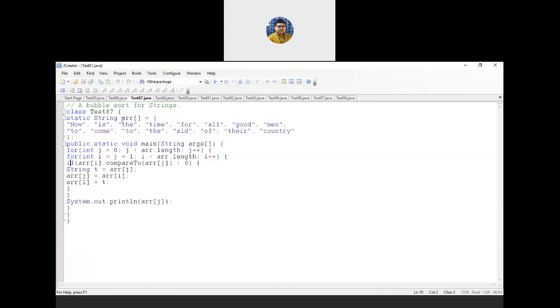The meaning of the static keyword is, when it is used with a variable, definitely it's an array variable, a single memory will be allocated for n number of objects. If we create n objects, for all n objects the variable will be created only once. It will not be created n times. That we already discussed in the static lecture, which is already uploaded. Forget about those. So now we are using compareTo